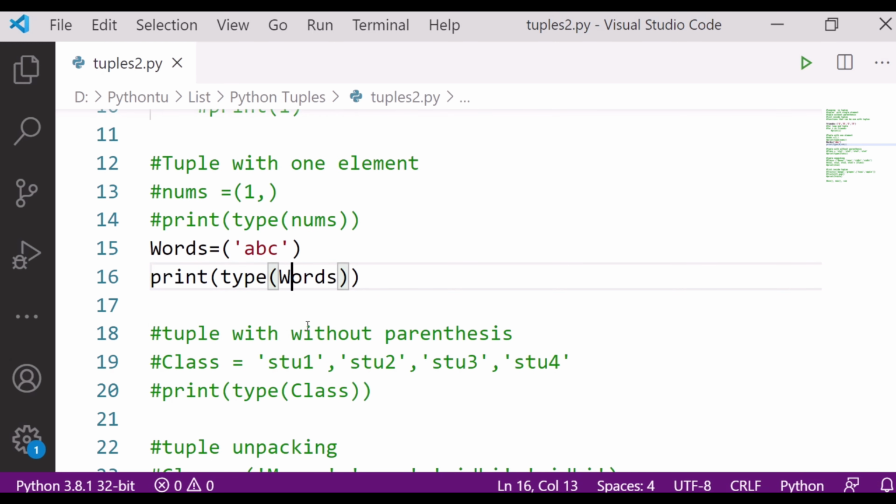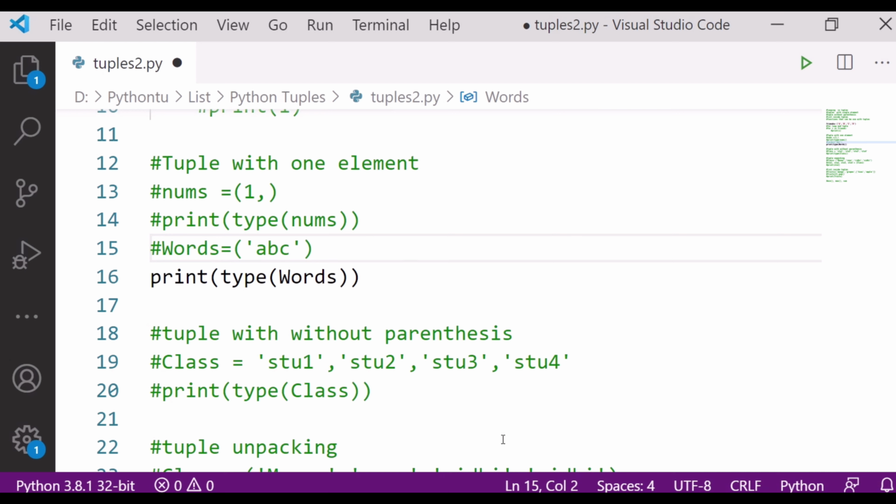Now let's see tuple without parentheses. We can create a tuple without parentheses also. Till now we were talking about tuples with parentheses, so now we will talk about tuples without parentheses. Here I have created a class.